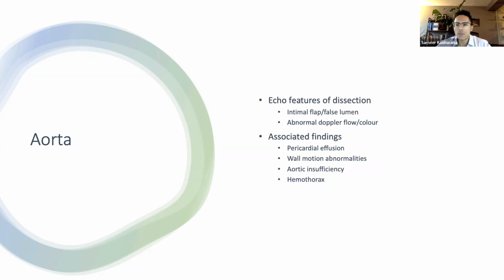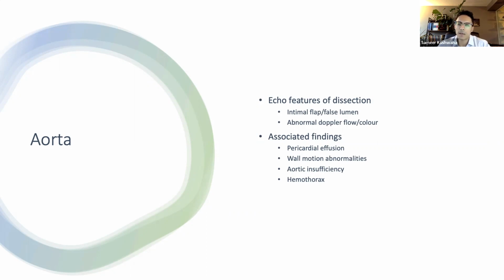So there are a few key features to look for dissection on echo. We look for an intimal flap with the development of a false and a true lumen. We can look for blood flow in the true versus the false lumen, and we would expect to see that the true lumen has higher flows and an increased diameter in systole, as one would expect of any artery. Whereas in the false lumen, we see poor flow, and we see that its size generally decreases in systole, and we get increased flow and increased size of the false lumen in diastole.